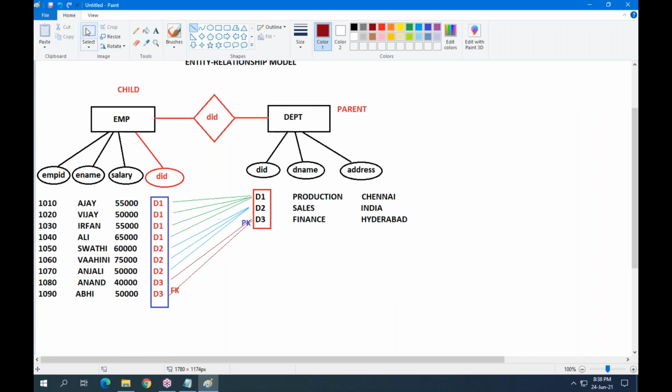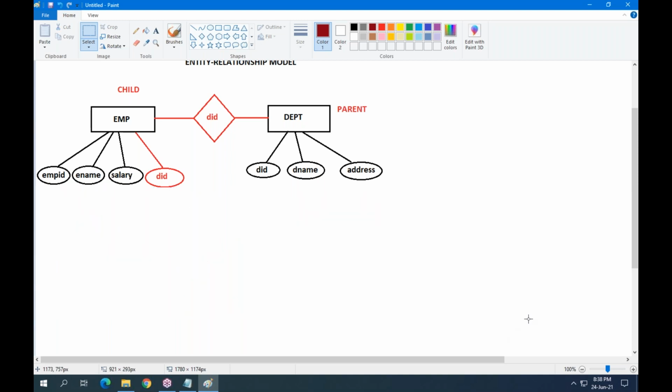Okay. Actually, one more point I am explaining, guys. Data model means only this diagram. Don't expect data, only outline, diagram only. Based on this diagram, we have to create tables.